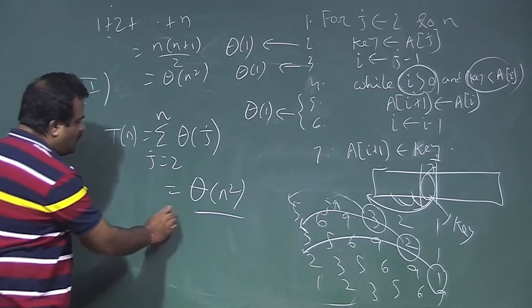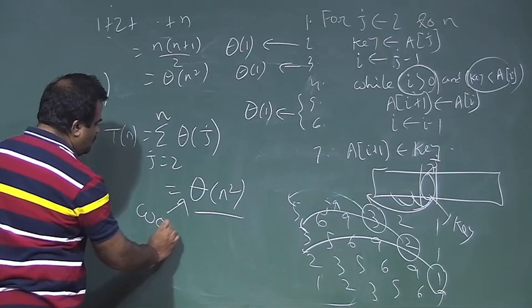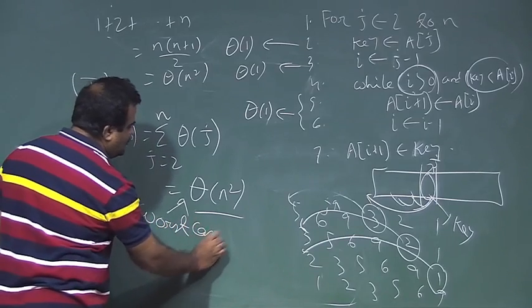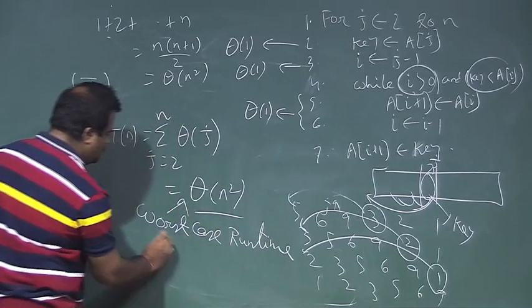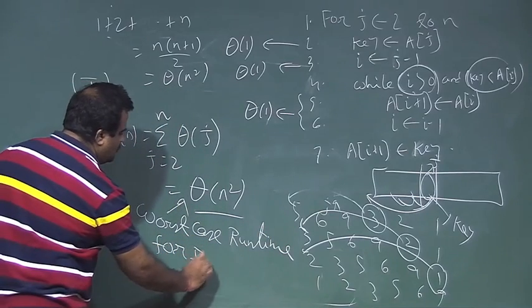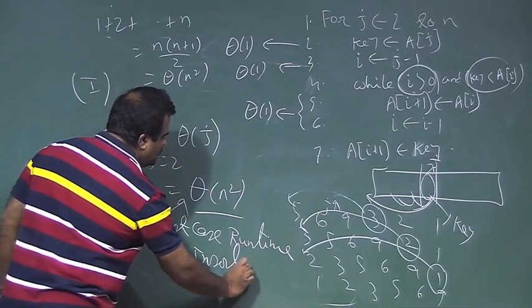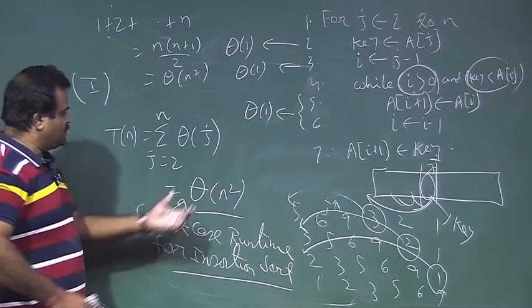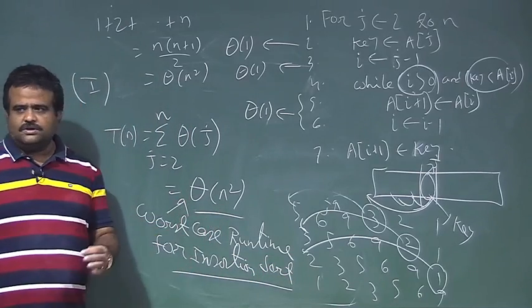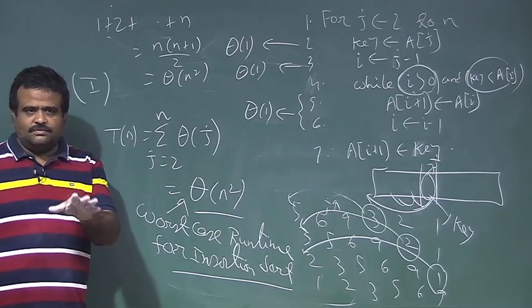So, this is the worst case runtime for insertion sort. This is in the asymptotic sense, asymptotic notation, because we do not want the exact one,